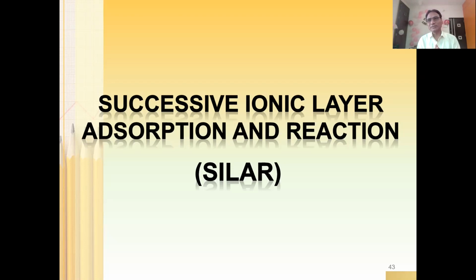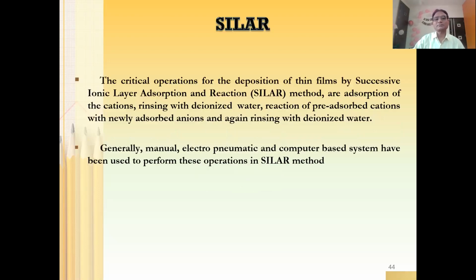So what are we going to do? We are going to have the deposition of cations in the first step. Second step, removal of excess cations. Third step, deposition of anions. There the cations and anions are going to react, and the desired film is going to be deposited, and then unbonded anions and cations can be removed again, in the last rinsing process.